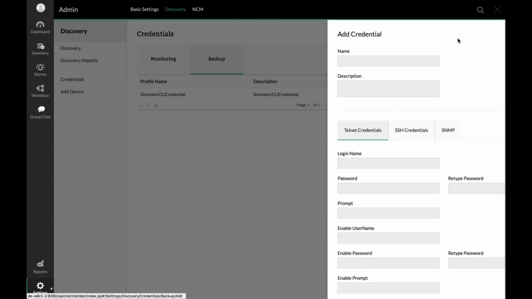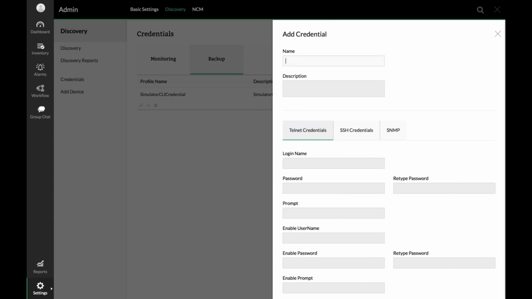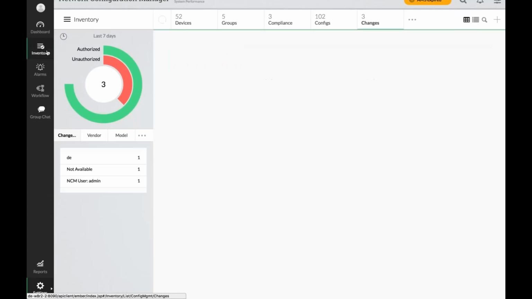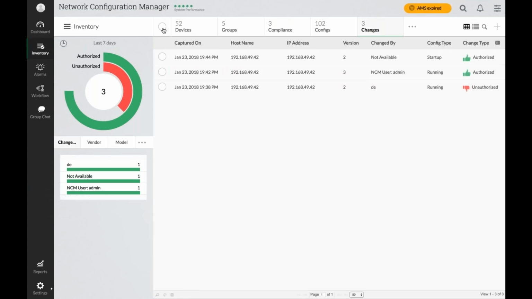You can click add credential, provide the credential name, credential profile name, description, and the telnet credential and SNMP credential. You can save the credential profile, then go into inventory, select the bulk devices, click the credential icon, and provide the credentials.